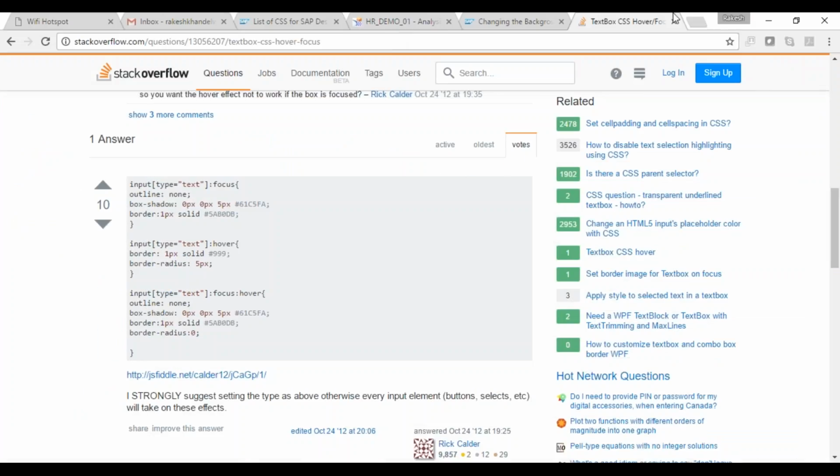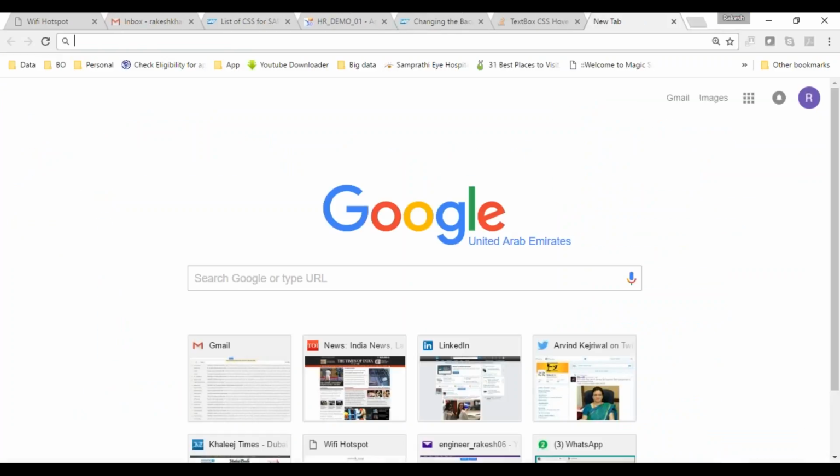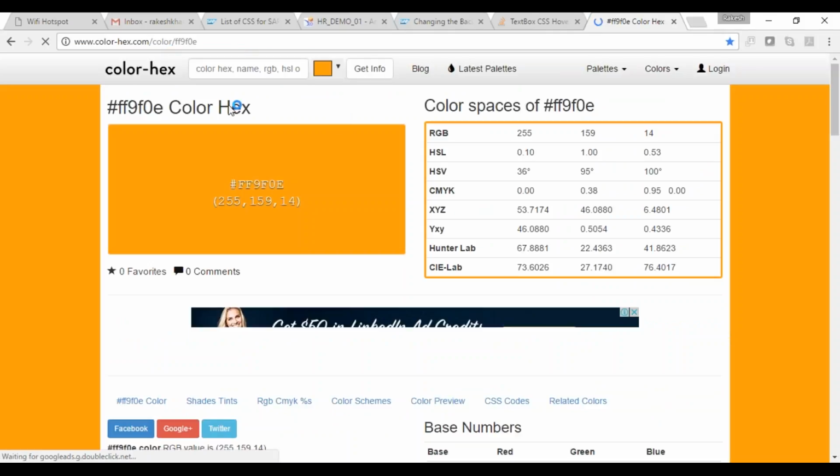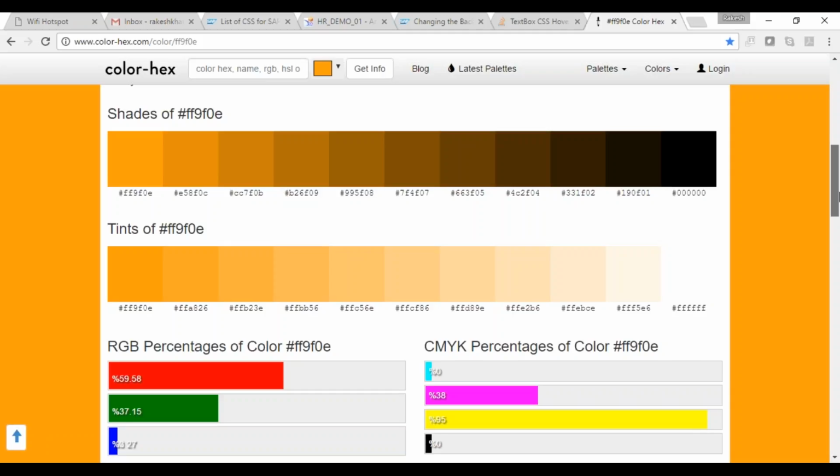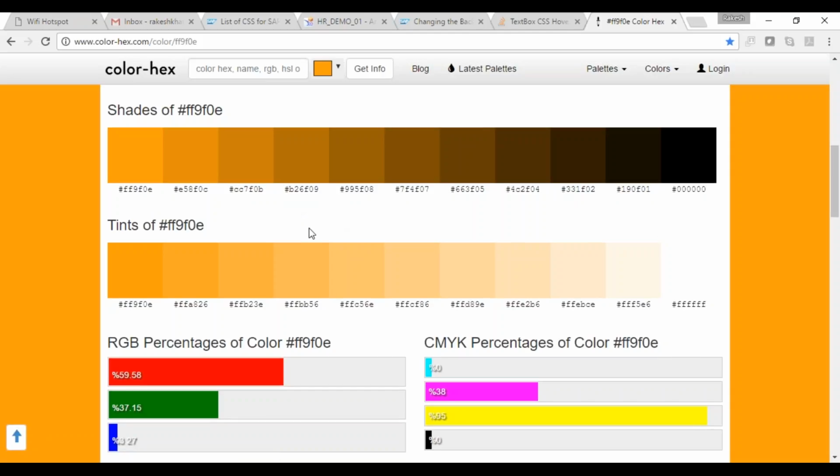For example, there is one website that will help you, because for a particular color, it gives you the shades of that color. If you want to use shades, you can use the direct hex code from here.